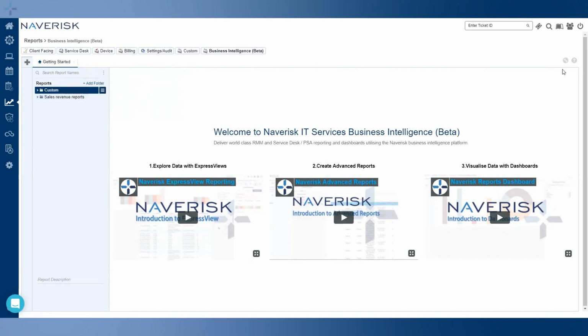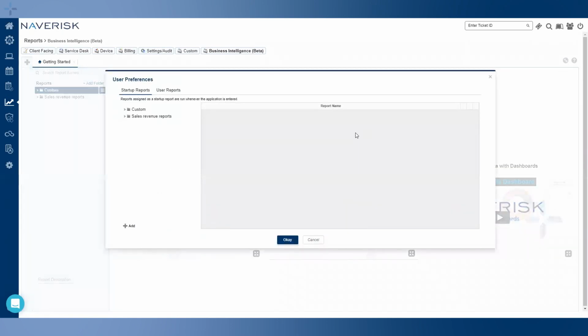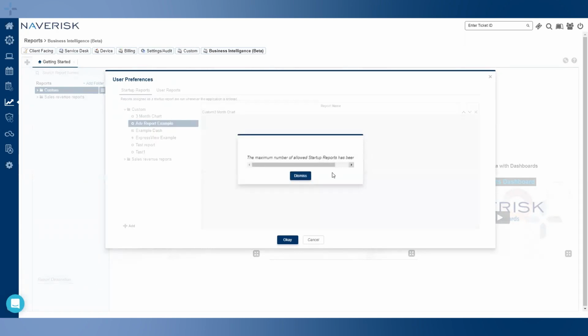Now, on the right-hand side of the screen, all the way on the other corner here, we can see two other icons present. The first, the little wrench here, is where we can specify our startup reports if we'd like. On selecting, we'll notice this Startup Reports menu. Here, we can select any given report, potentially say this 3-month chart report, and drag it over to the right-hand side to denote this as a startup report. That means that the next time I come in and access the application, this report will automatically load and execute for me. I could potentially add multiple reports to this list if I'd like,